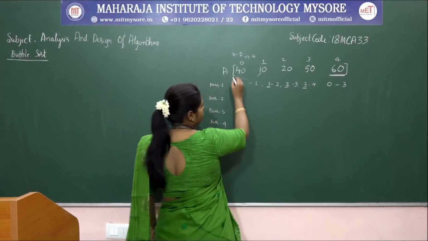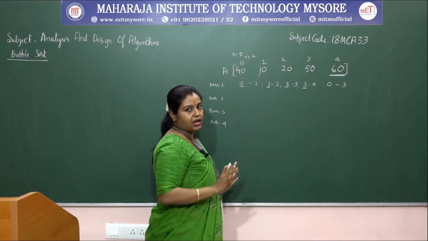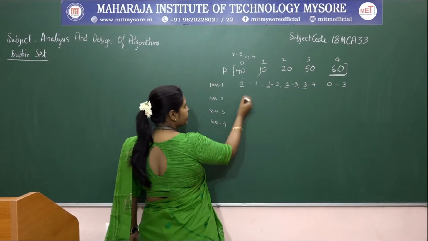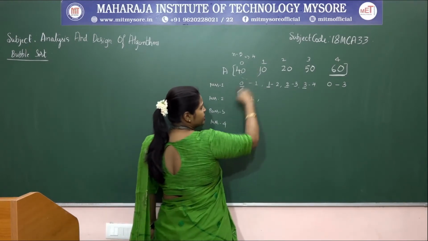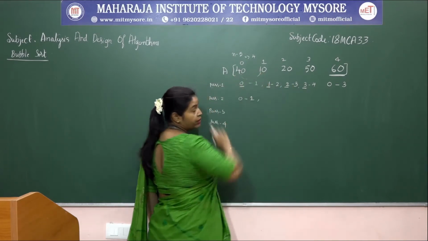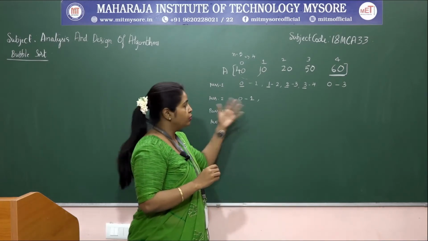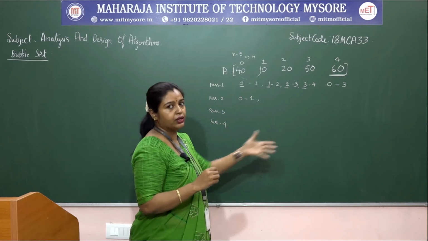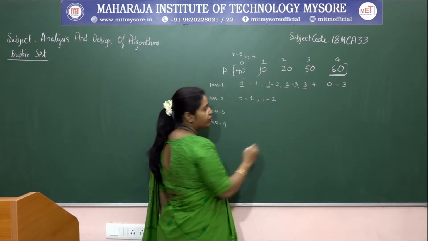Now in the first iteration, the first largest element we have found will be placed in the last position. Likewise, in the first pass we have got the result like that, and next we compare the 0th and first position. Again 40 will be here, 20 will be here, and 10 will be here, which I have not written. While tracing it out we can look into it; I am just briefing how it works.